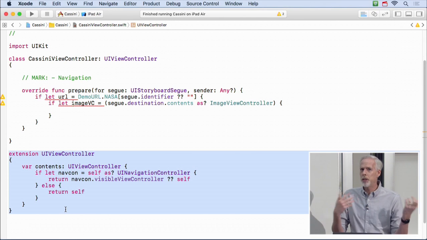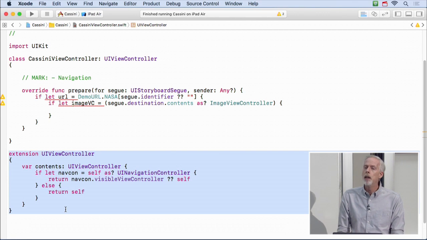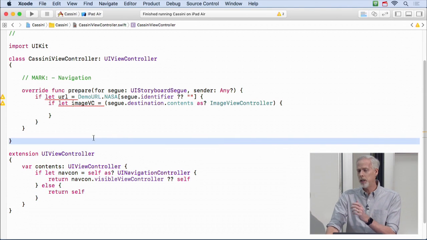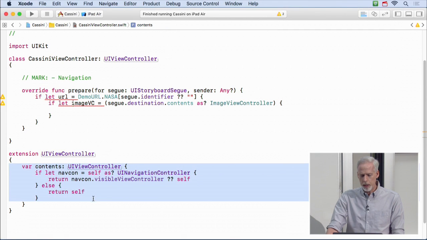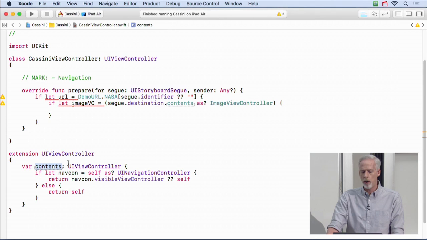Maybe converting from a string to a date or something like that might make some sense. But you wouldn't want to put extensions on other classes that are specific to things that other classes need. In that case, just put a function in your own class that does that thing. Okay, so everyone see what I'm saying about this? This makes perfect sense. This would be usable in any environment. It's a sensible var to have on a view controller.